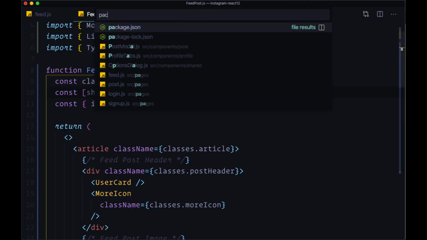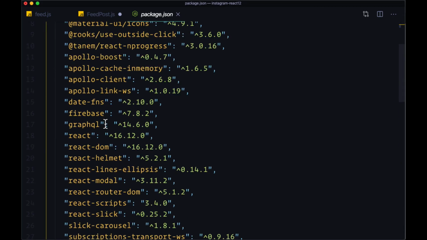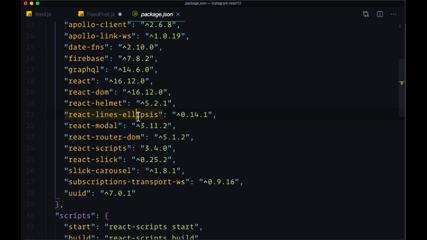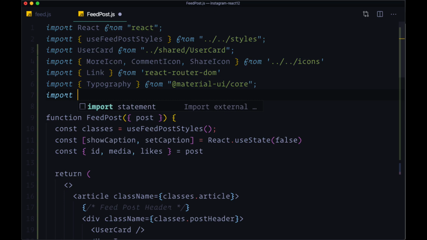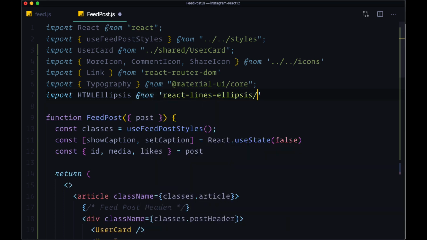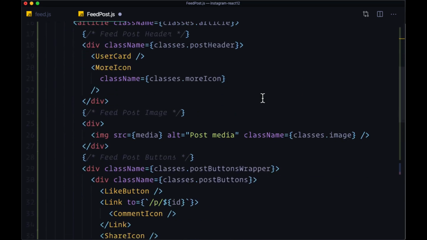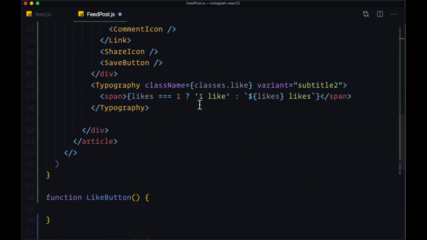And that tool that we're going to be using is a third-party package called React Lines Ellipsis. So we want to import a specific component from that package called HTML Ellipsis. And that's going to be from react-lines-ellipsis/lib/html. And we'll see how this works in just a second. So first of all,